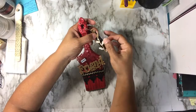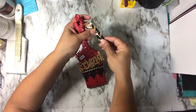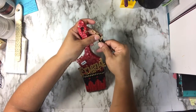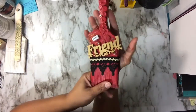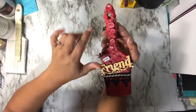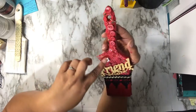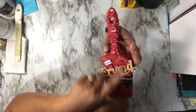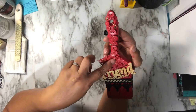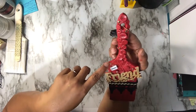And then this gold leaf, actually, they have it at Hobby Lobby, but I think this set might have come from, well, it could have come from Hobby Lobby or the Dollar Tree. And then you can see that I put on a whole bunch of buttons, different sizes, and they were gessoed and painted. And I forgot to pull out my gold bling that I put there, 3 there, and then 3 little pieces here. It's a cabochon, and a little hair piece in there, some buttons, and a little frame,